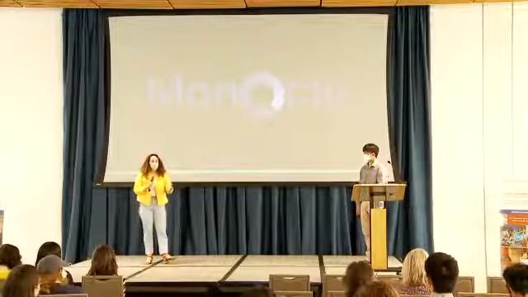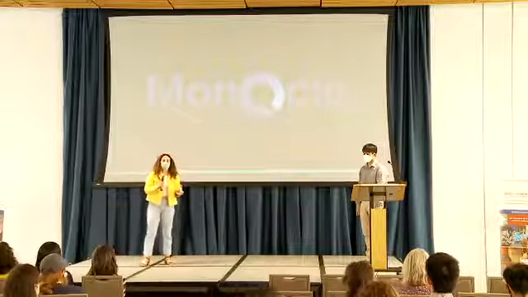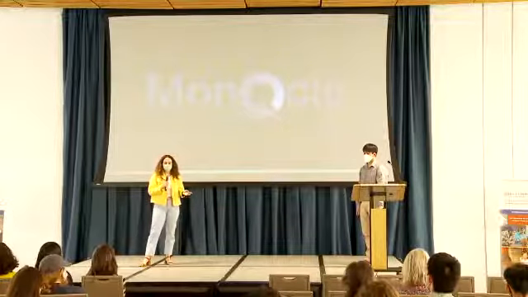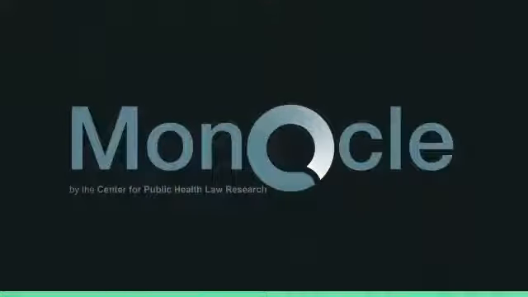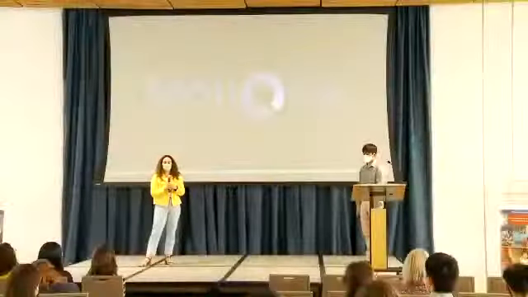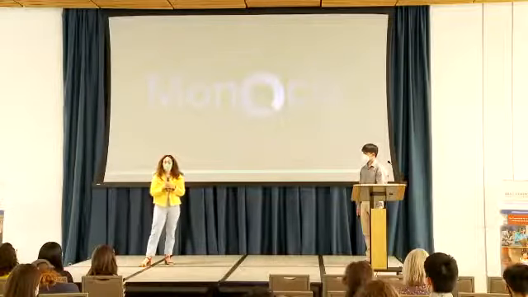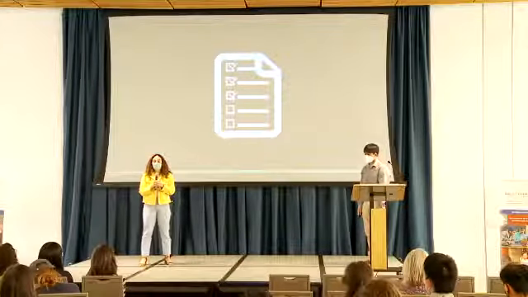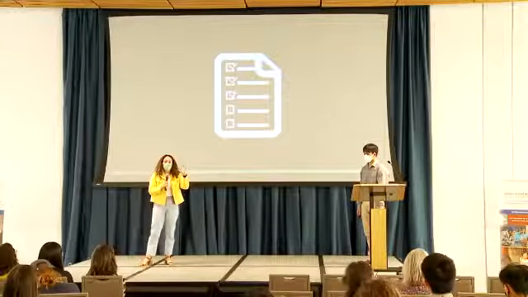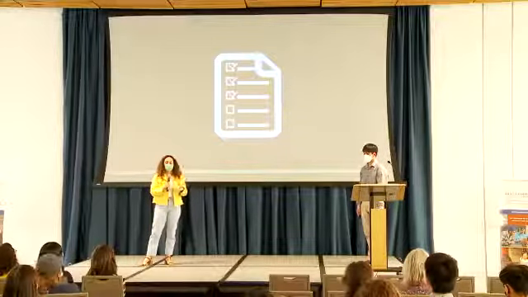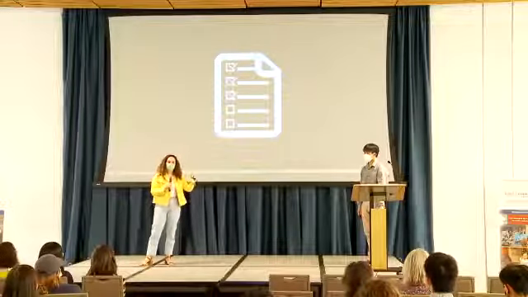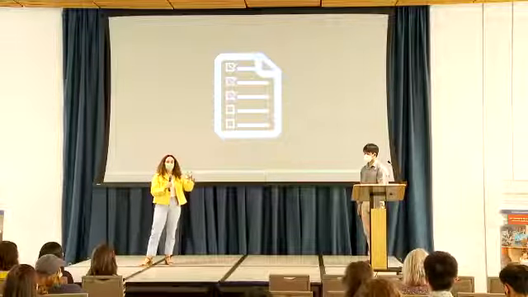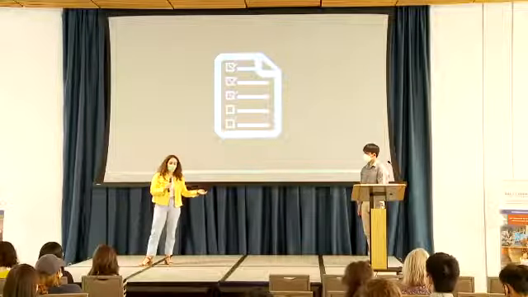So we are using Monocle, which is a policy data system that was created by Temple University, in order to compile our policy data set from all of these countries and track their progress on building the house. So we've compiled a set of questions that was designed in order to understand from start to finish, what are these different aspects? How is each country doing on their tracking and building their house?